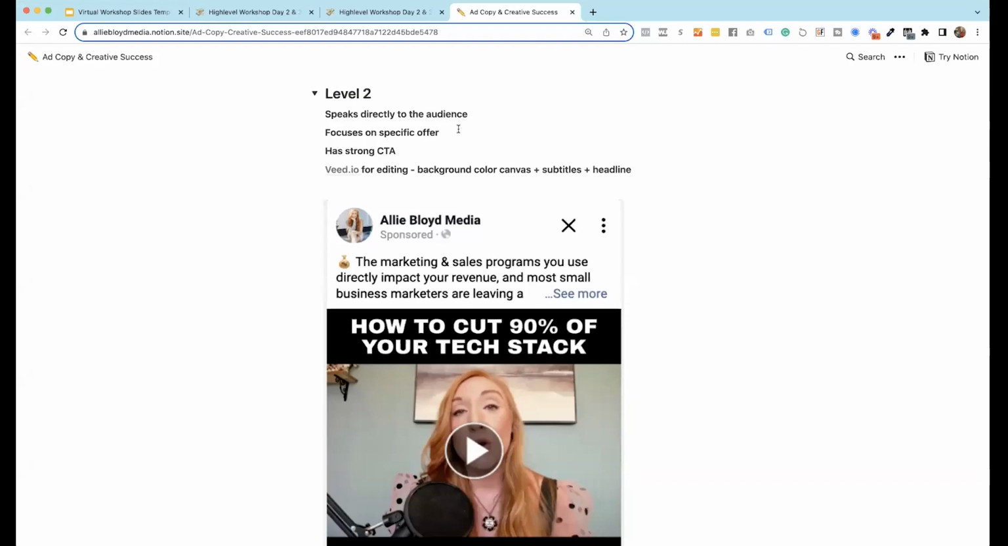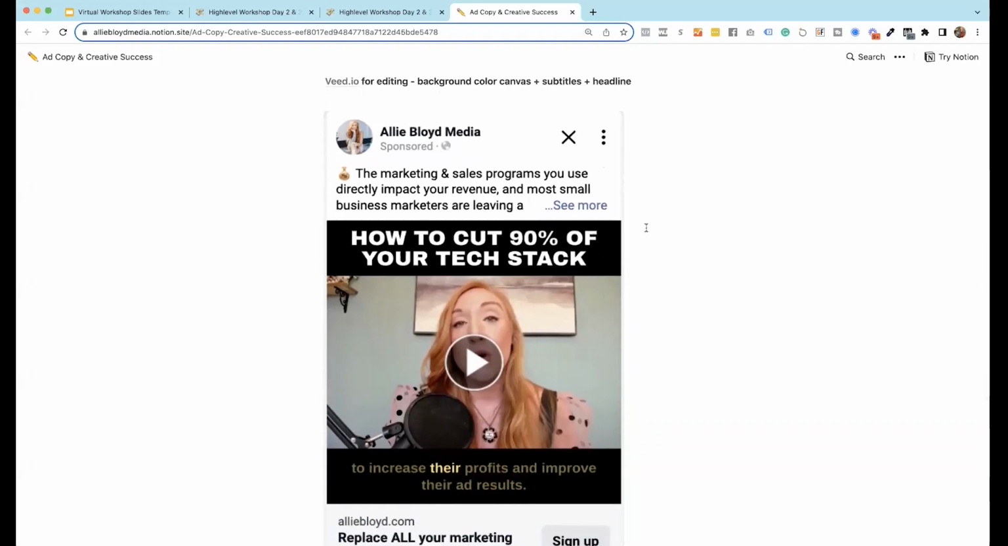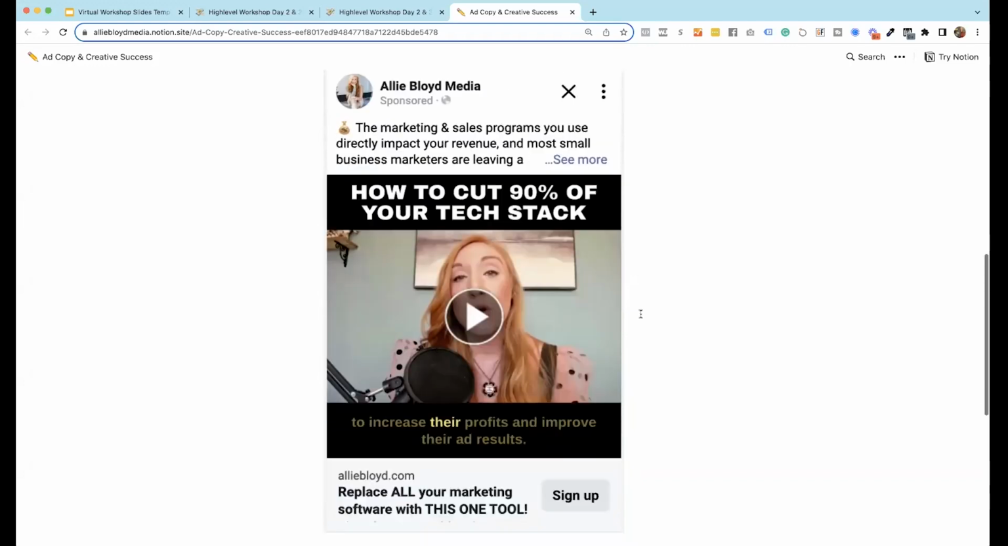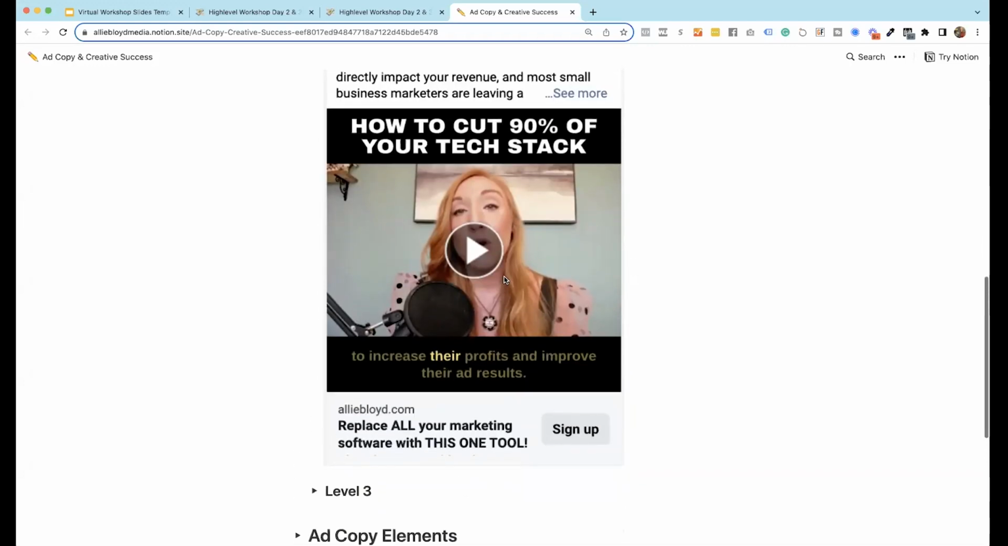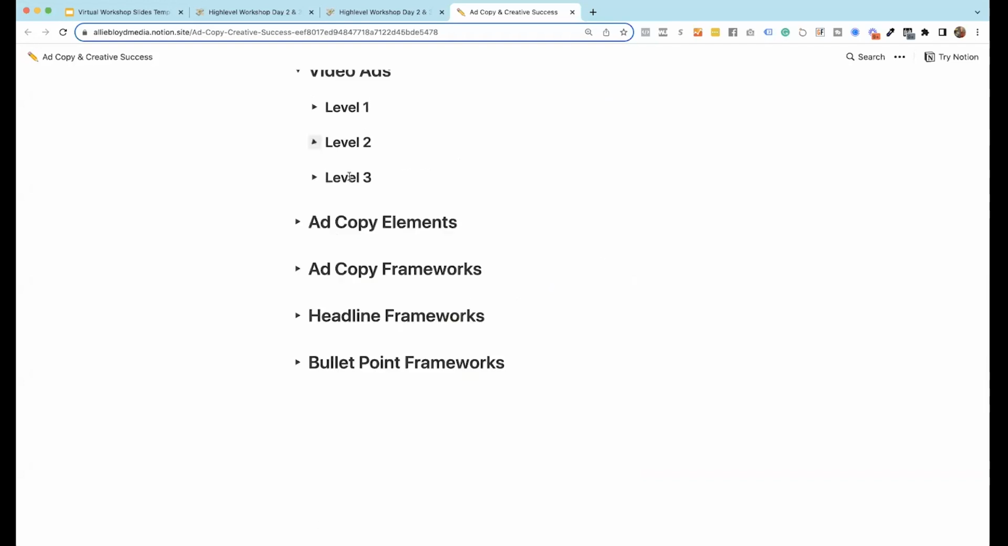Focus on the specific offer, because these are offer-focused ads, with a strong call to action. I recommend Veed.io for editing. You can use things like Descript as well, but Veed's a great one, really easy to use, really inexpensive. We just want this same format, that colored background, text on top, and subtitles, as the format for those videos. So we'll skip over level 1 and level 3 right now, and dive into the